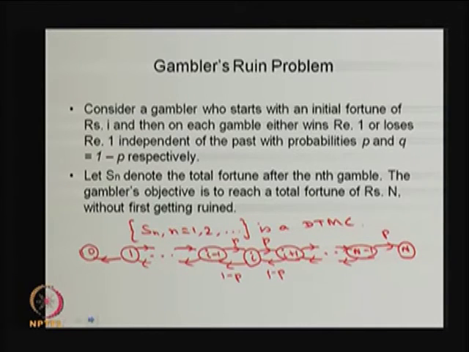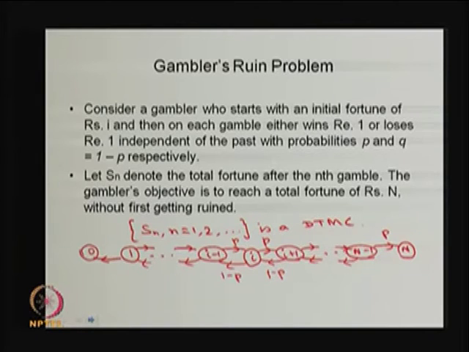Consider a gambler who starts with the initial fortune of rupees i, the amount he has at time 0, and then on each gamble either wins rupee 1 or loses rupee 1, independent of the past, with the probabilities p and 1 minus p respectively. So, in this game there is no draw, there is no tie, either he wins or he loses. Wins 1 rupee, loses 1 rupee, and the corresponding probabilities are p and 1 minus p, and he started with the initial amount small i,